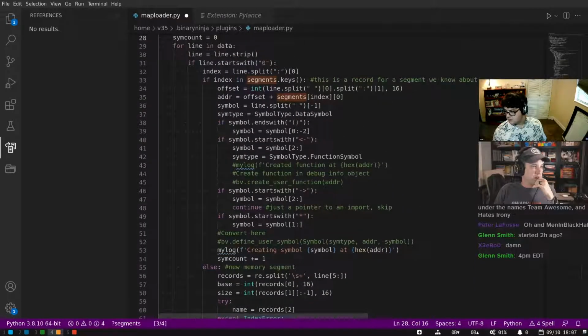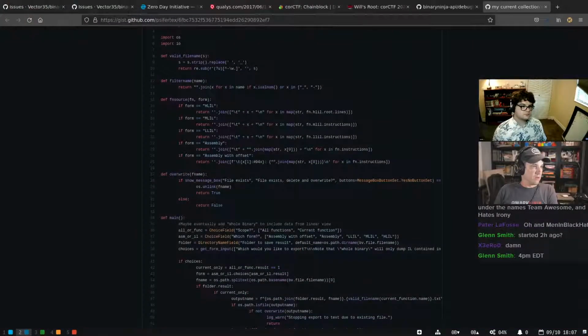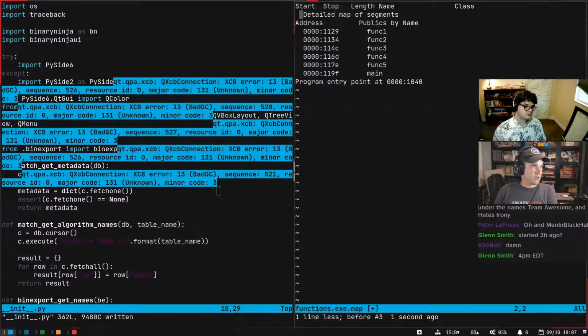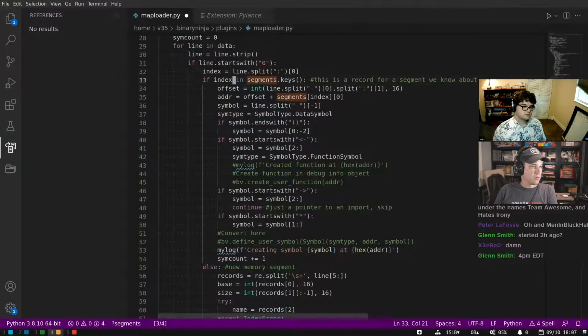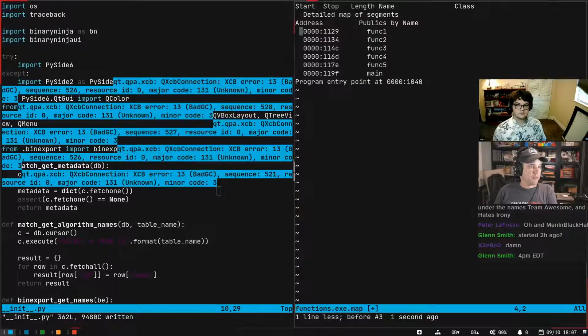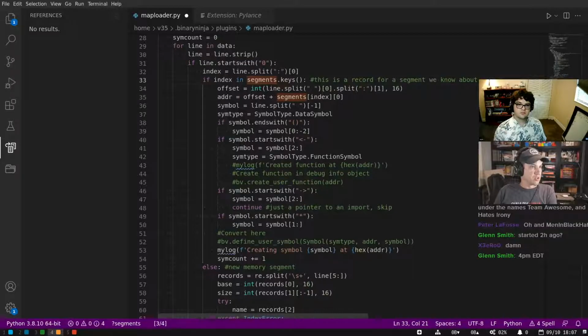The segment. So I think right now, if the line starts with 0... Oh, it does strip first. Okay, and then if it starts with a 0, we split on the colon. Okay, so these are all in the first segment, essentially, that's what this one said, just those virtual addresses. So this should still work. I think we're doing okay.